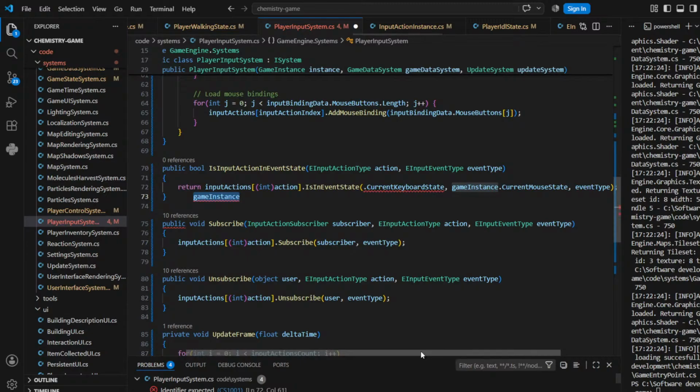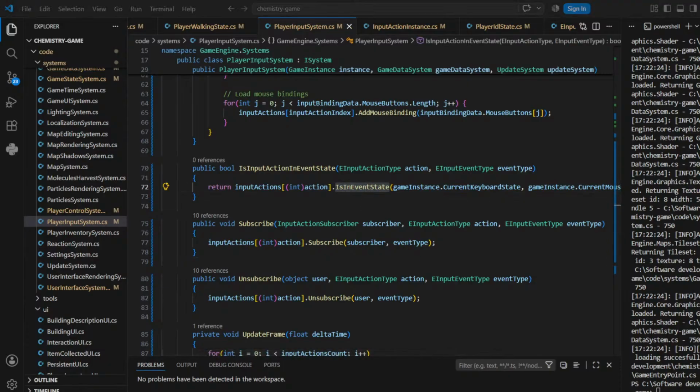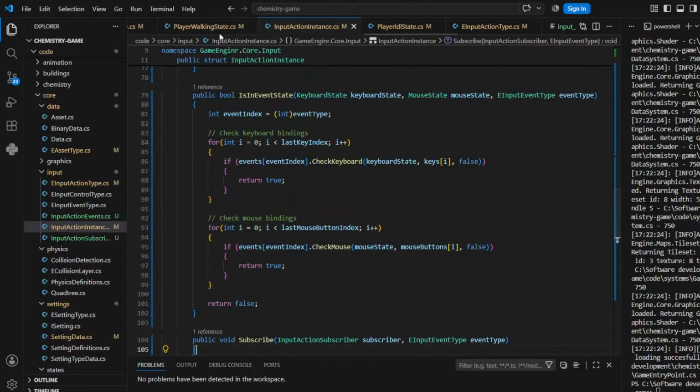I will need support for axis. If you want to get the value of a key, these values will be a boolean like a 0, 1, but the other ones will be a bit different. Yeah, let's do it like that. Input in action state. Okay, let's try out this in the player walking, because here what we need is to,